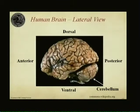This is what we might call a fresh brain because it hasn't been fixed in a solution for study yet. So it's still kind of pink. It is pink because it's highly vascularized. You can see